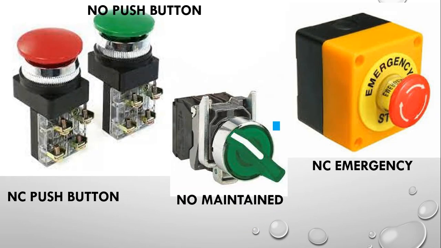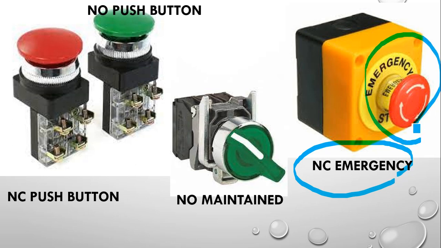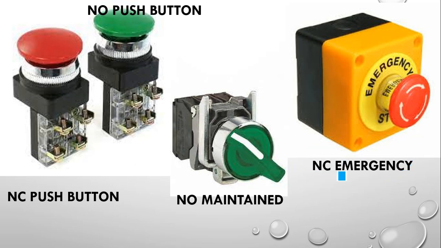And on the right part you can see the label NC emergency. This is an emergency button. Under a condition of emergency, you just press it. That is a normally closed switch and it will open, but unlike a push button switch, it has to be rotated to the right side. The reason is, until we remove the problem causing the emergency, it will stay in the switched off state. And when the emergency is over, you can release it by pushing it again. So this is the emergency button. Generally it is an NC button.